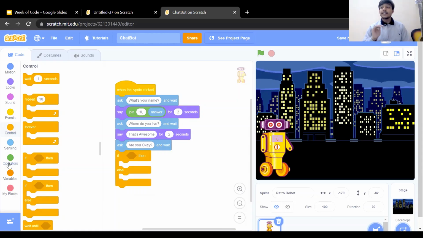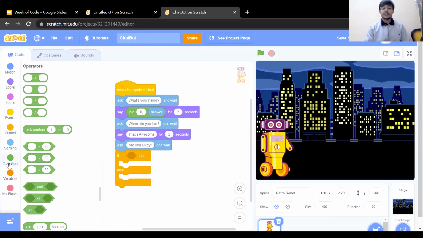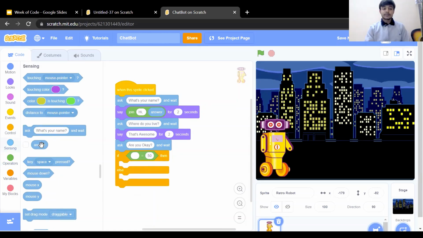So go to the control section, first drag the if then else, and now compare the answer. For comparing the answer, go to the operator section, drag the equal comparison block, and attach this block under the condition. And here we have to compare the answer. So in the first input, add the answer variable. And if the answer is equal to yes,